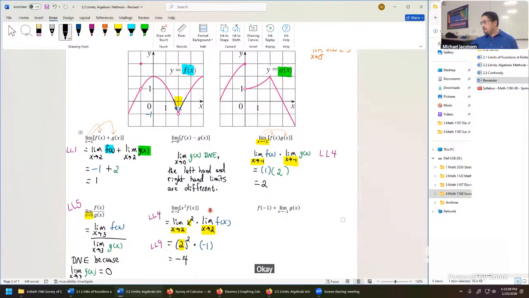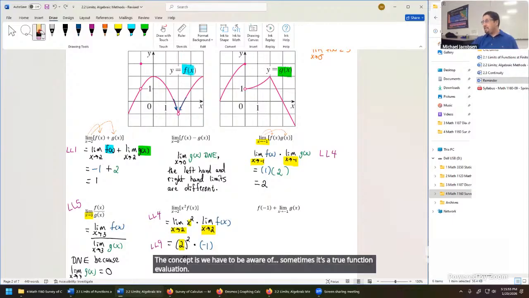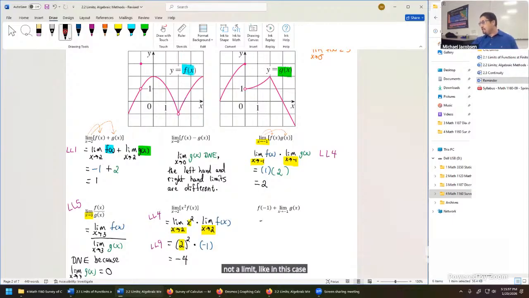Okay, this one looks funny, right? This is like the odd one out. There's no limit operator around f of -1, but that's by intention. Here, the concept is we have to be aware of sometimes it's a true function evaluation, not a limit, like in this case. So if we go to rewrite this, we can say, well, f at -1, go to -1